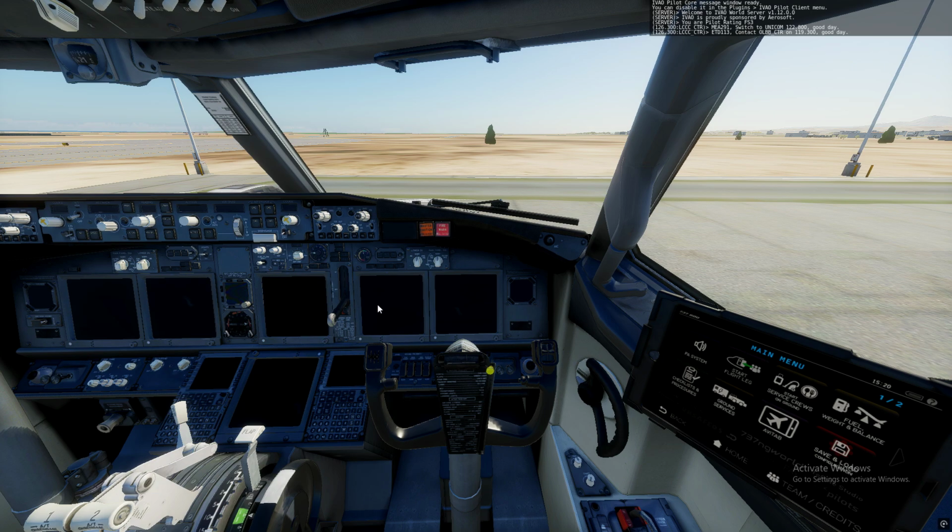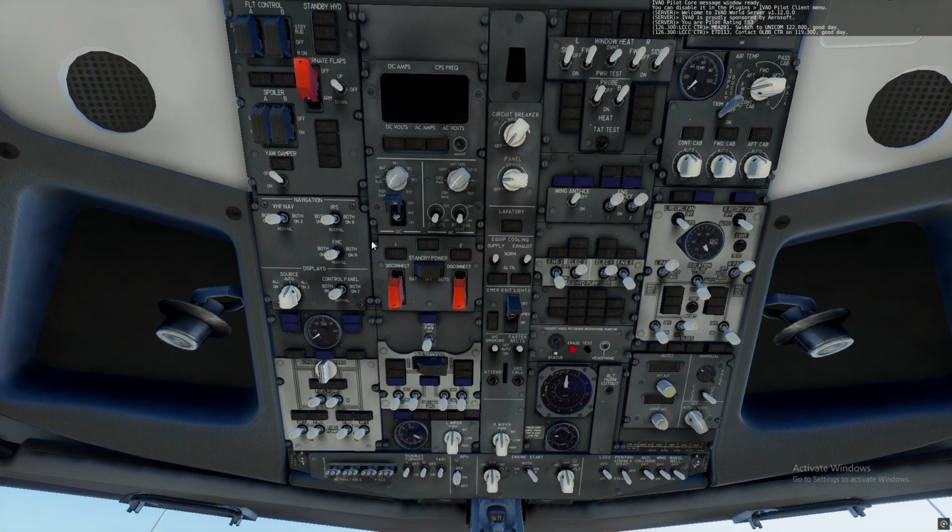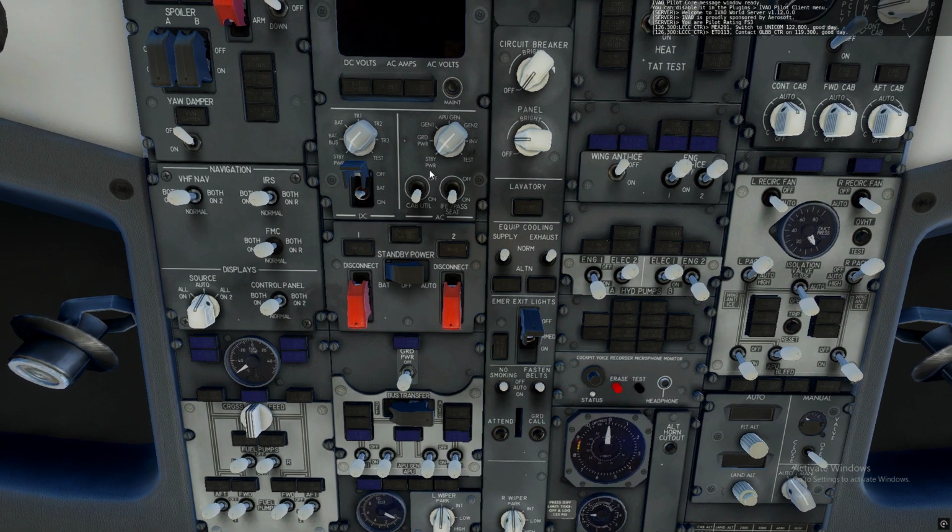Alright, so let's get to it. In this tutorial, I'm going to show, I think, about 70% of what pilots do on a Boeing 737 in terms of setting it up and configuring it and doing the takeoff and landing later. Okay, so first things first, we need some power, and here we have the battery panel and we have